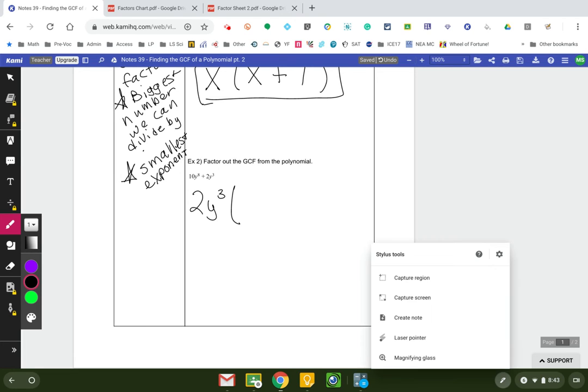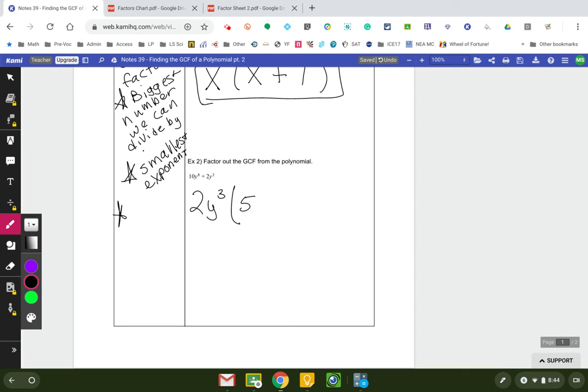So I'm going to take 10y to the 8th divided by 2y to the 3rd. I like to do the numbers first because it's easier for me. So 10 divided by 2 is 5. Feel free to use calculators for this. And then when we take our exponents, I have y to the 8th here and y to the 3rd. We subtract those. I'll put it on a note here, subtract exponents